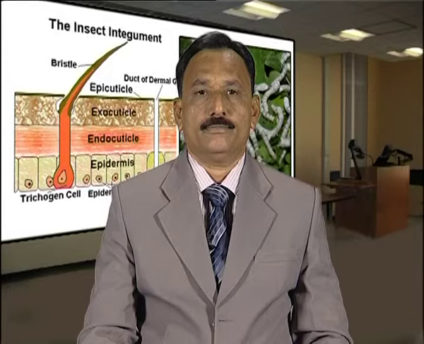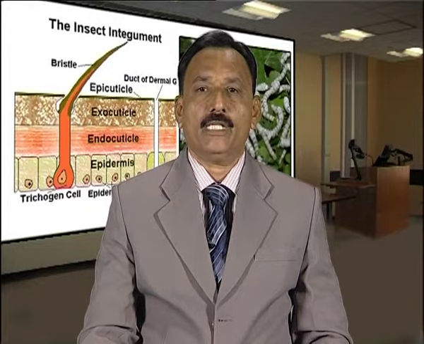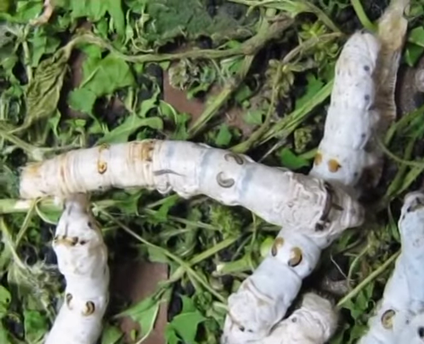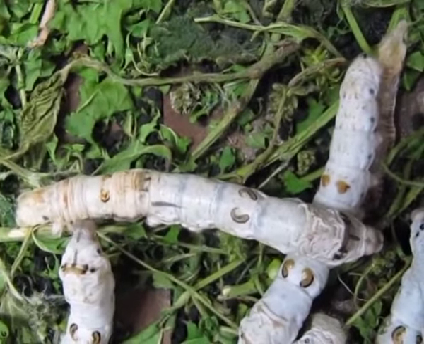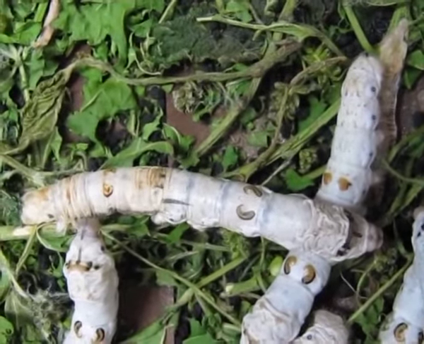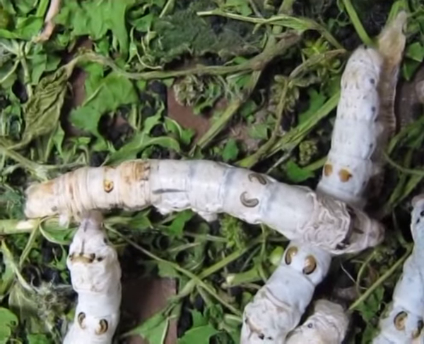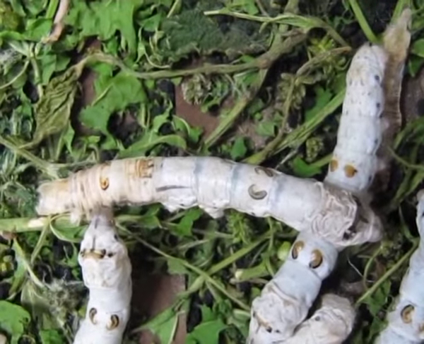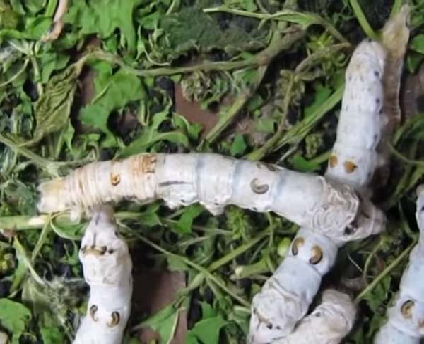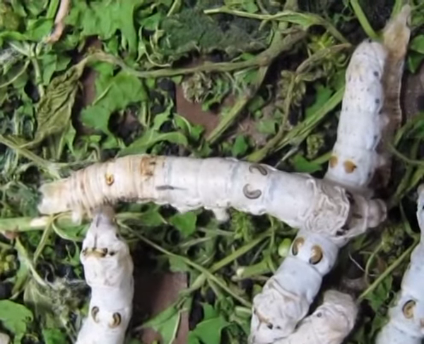Molting gland. The molting gland is also called epidermal gland. It is formed by the modification of epidermal cells. The molting gland exists in the epidermis and appears to be capsular. Each molting gland is composed of 3 cells. The largest cell at the center is the secretory cell, which has a branchy nucleus.